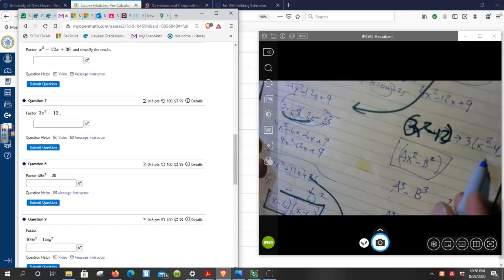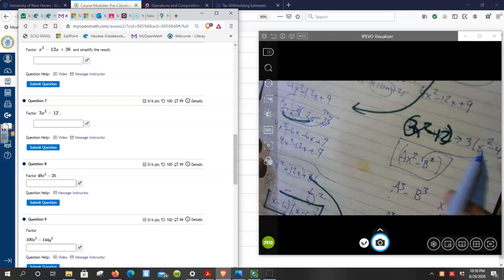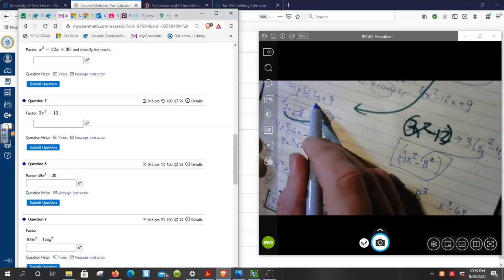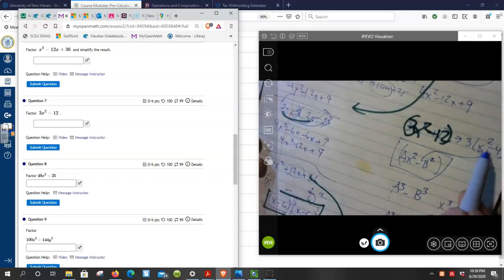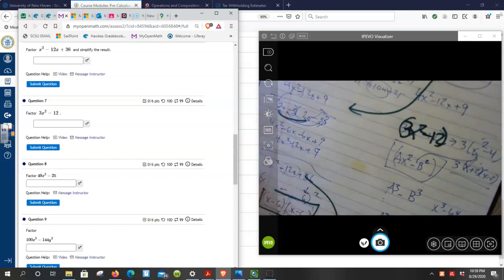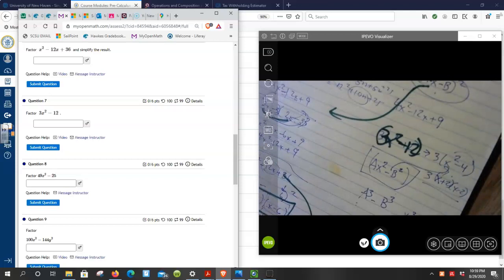Now this is a special pattern. It's called the difference of two perfect squares. It's where, unlike over here, this is a perfect square trinomial, it looks like it. This is something squared minus something squared, where these are both perfect squares, okay? So you might remember this is x plus 2 times x minus 2, and you just bring the 3 down. So this is the case where if you have two perfect squares with a minus sign in the middle, that is equal to